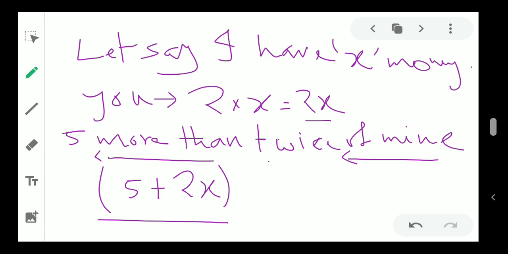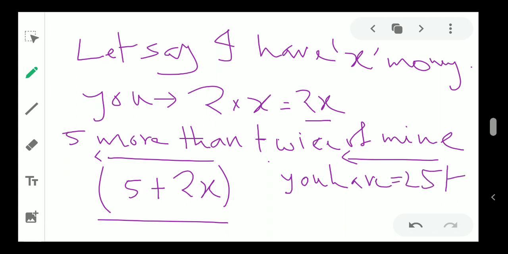So in this question, if I say that whatever money I have, you have 5 more than twice of mine, and if I say also that you have 25 rupees,